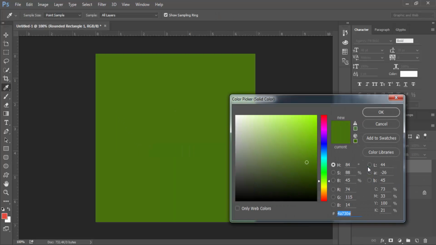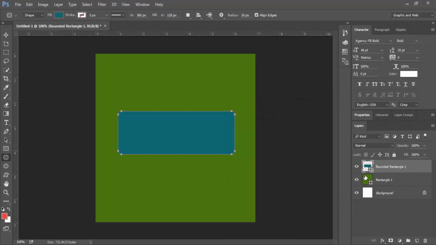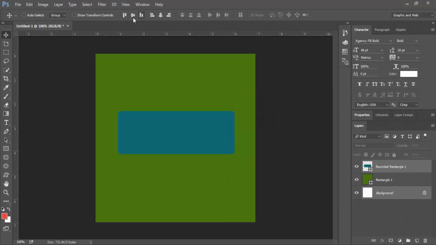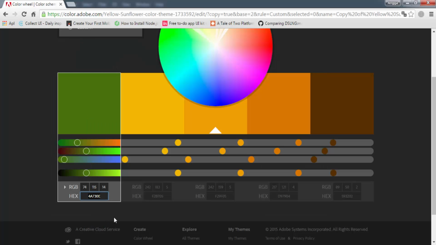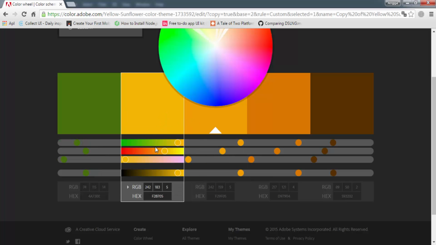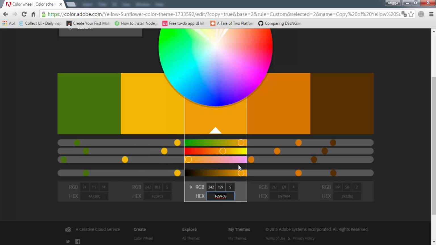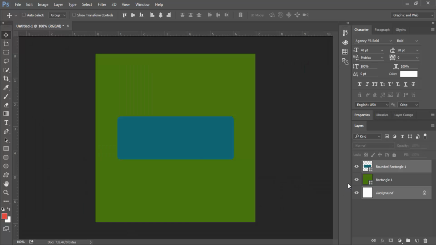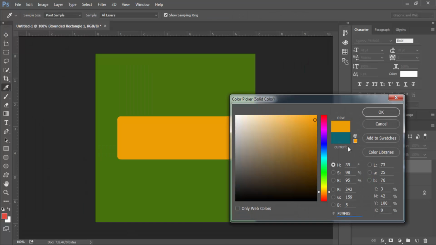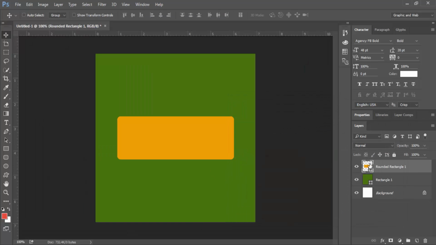Change the color, just an example color. Now we're going to create the button using the orange color. I will take the orange color, copy and change. Now duplicate the layer and move.